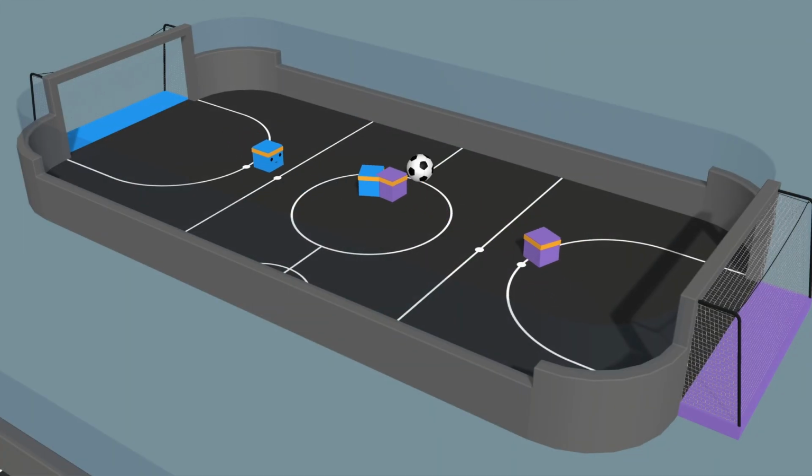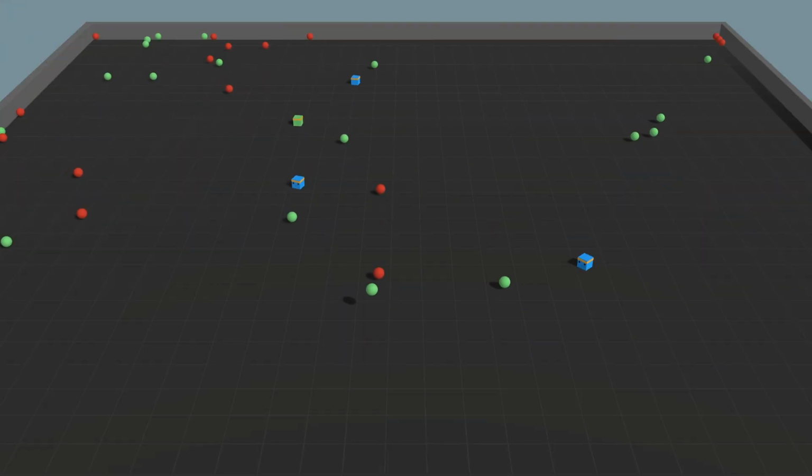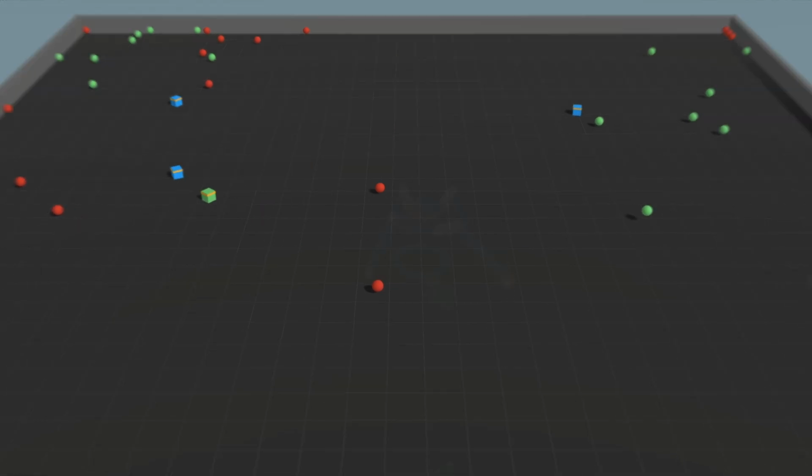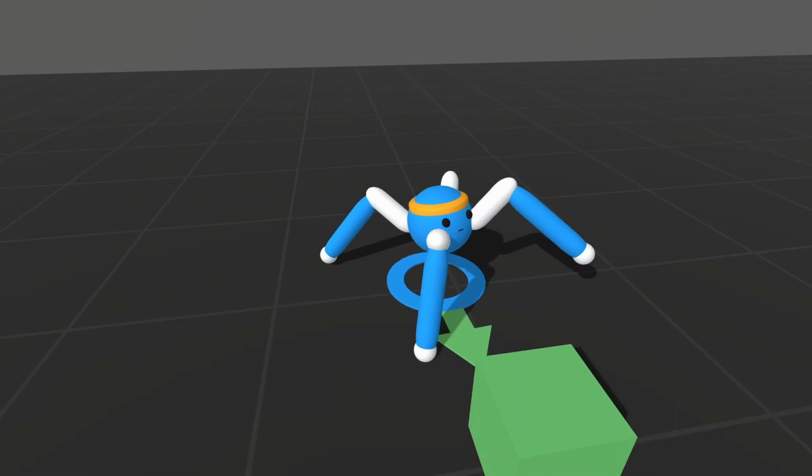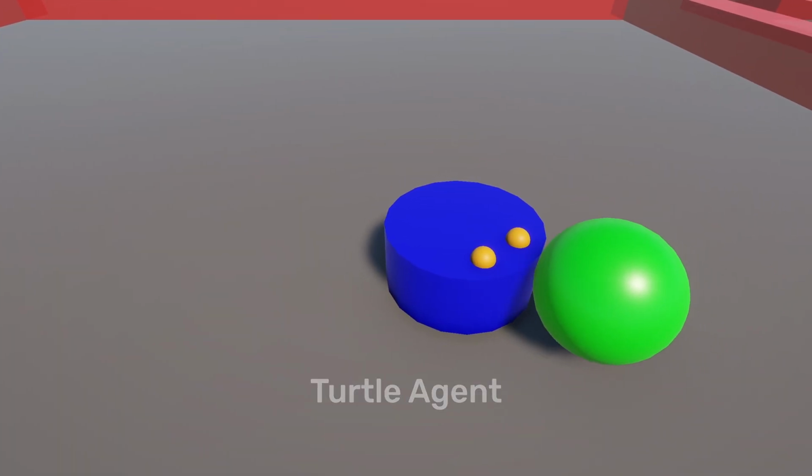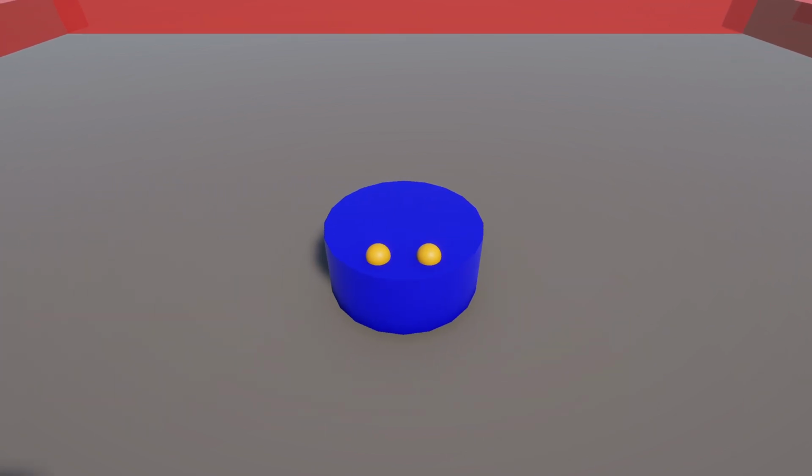Welcome to part 4 of our series, Get started with ML agents in Unity. In this episode, we'll continue developing the Turtle agent, complete the setup of our Unity scene, and then run our